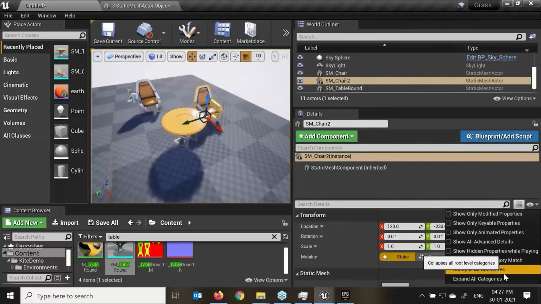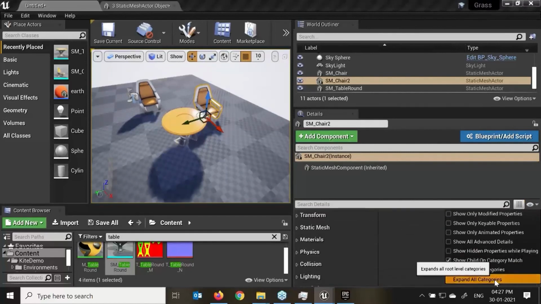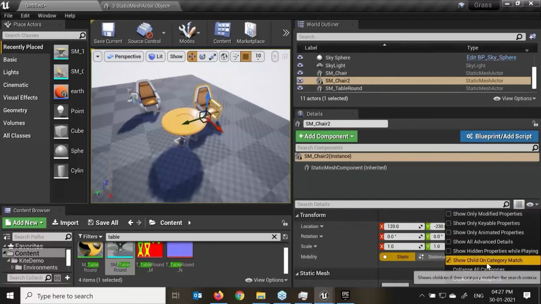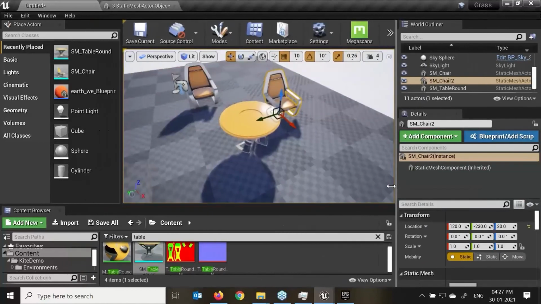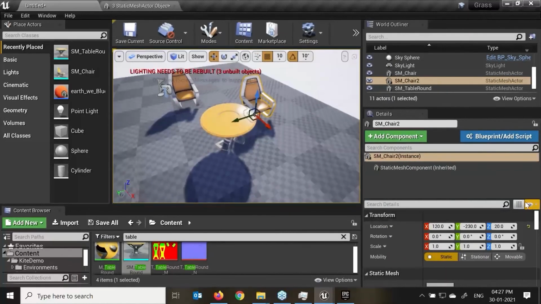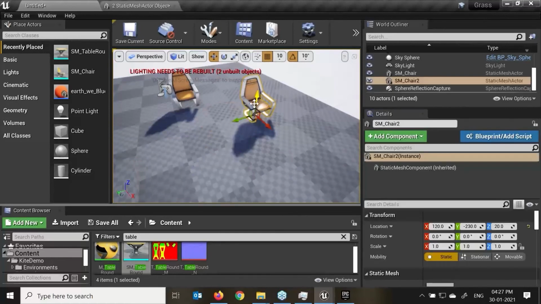So this is a very handy collapse all, expand all. Child on the assignments, here you can see, right? So that is a concept of the detail panels, we have these options over here. So when we talk about these locations now, I'll just delete this part.